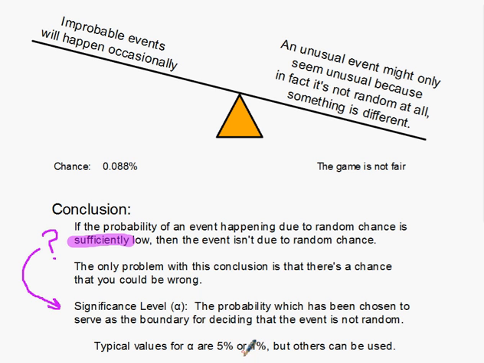How do you know whether you should use 5% or 1%? Well, it kind of depends on the situation. What's the need? If we're talking about coins, I suppose, or in one of the other videos we were talking about snowballs, well, that's not really crucial. 5% would probably be fine. If we're talking about a nuclear reaction, and we really want to be sure, we want to use 1% or maybe even less. So it depends on the situation what your significance level is. And you actually don't have to set a significance level at all necessarily. You can simply get the probability and make an argument. It can actually be done either way.